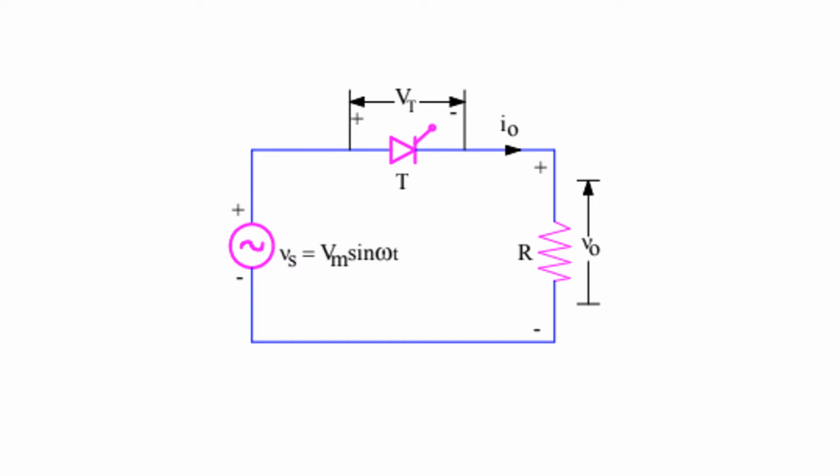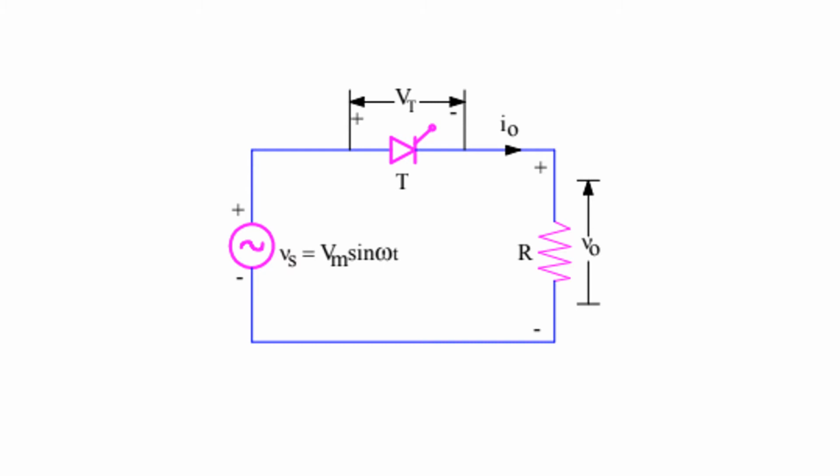When a diode becomes forward biased, it starts to conduct and we get the output voltage. So we cannot control the power delivered to the load from the source. Therefore, such rectifiers are called uncontrolled rectifiers. But when we use SCRs in rectifiers, we can control the conduction of the SCR. When we apply the gate pulse, the SCR will start to conduct. So by the application of the gate pulse we can control the conduction of the SCR, and hence we can control the power delivered to the load from the source. Therefore, such rectifiers are called controlled rectifiers.